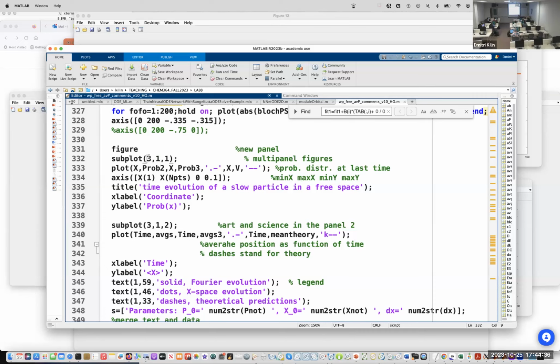The command here tells that there will be a total of 3 panels within one figure.